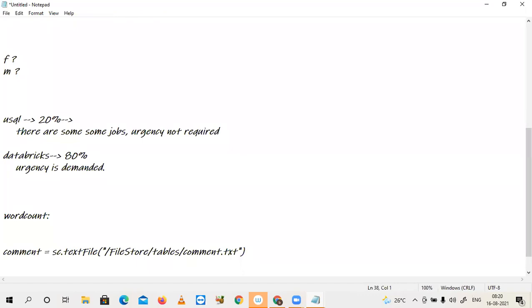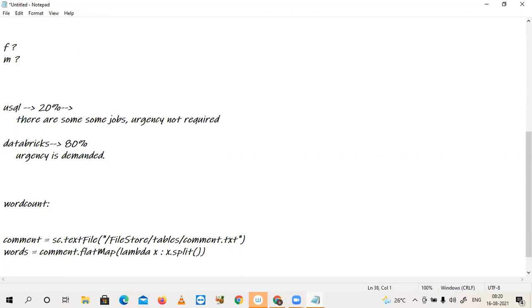Next, I'm going to separate the words. words equals comment.flatMap, flatMap of lambda x: x.split. Generally, when you apply split, you get a list of lists, but flatMap converts it into a single list.